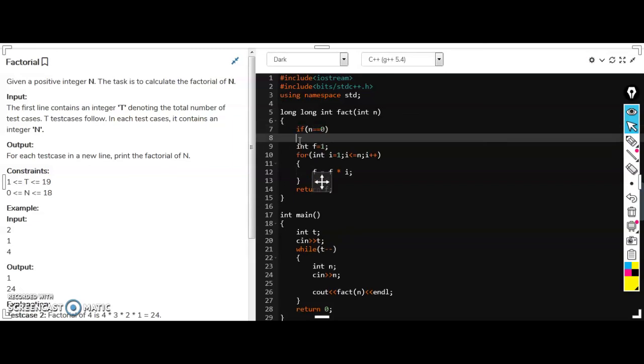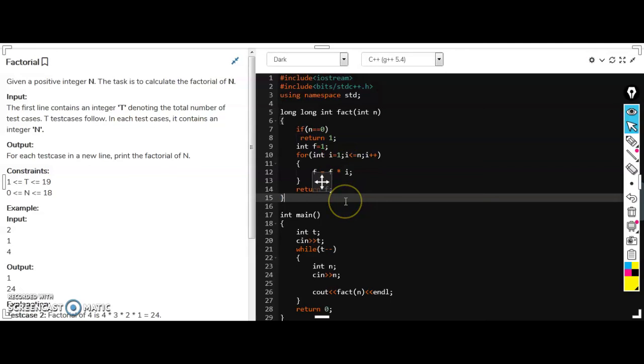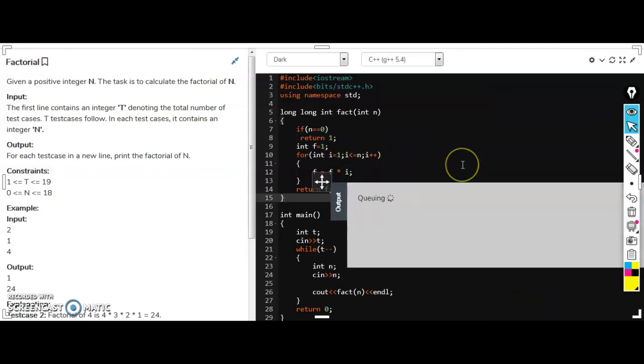वन मोर थिंग, यदि इफ n 0 होता है तो हम यहाँ कंडीशन लगा देते हैं क्योंकि 0 यदि हुआ तो ये कंडीशन यहाँ पर जो फॉर लूप पे लगी है ये चल नहीं पाएगी, राइट। तो यहाँ पे यदि n यदि 0 होता है तो हम सिंपली रिटर्न कर देंगे 1, राइट। सो आई थिंक इतना तो सही है। लेट्स इसे कंपाइल करते हैं फिर आपको मैं समझाता हूँ।